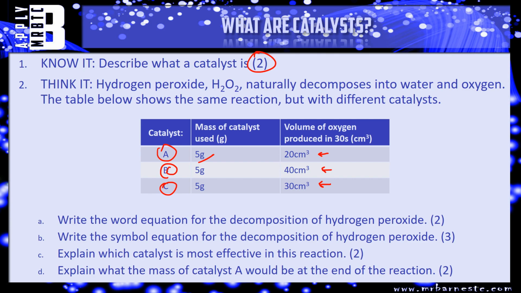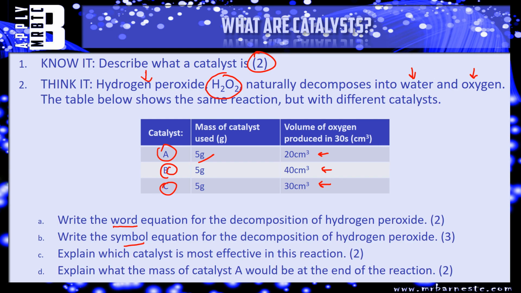One of them, write a word equation. Now remember, it tells you all the information you need up in the actual question. So you're starting off with hydrogen peroxide. What 2 things are you ending up with? Turn that into a word equation for me. Part 2, the symbol equation. They've given you H2O2, so you don't need to remember that. You should know what water is, you should know what oxygen is, so have a go at writing and balancing